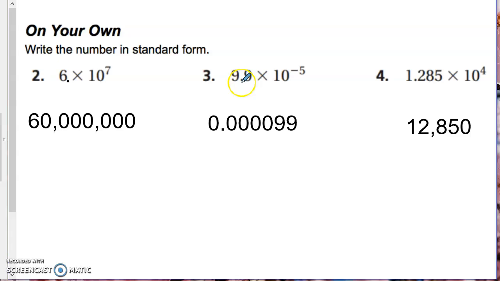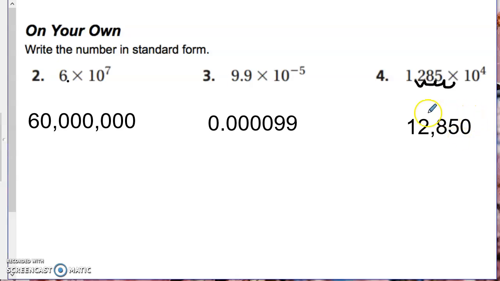Question number 3, the negative means I'm moving my decimal to the left. So 1, 2, 3, 4, 5 means I have to fill in 4 zeros and then 0 point to write that number. Now this one, again, 4 is not the number of zeros, it's the number of places I'm moving the decimal. So I would move it 1, 2, 3, 4, and I actually only have to put in 1 zero on this number,